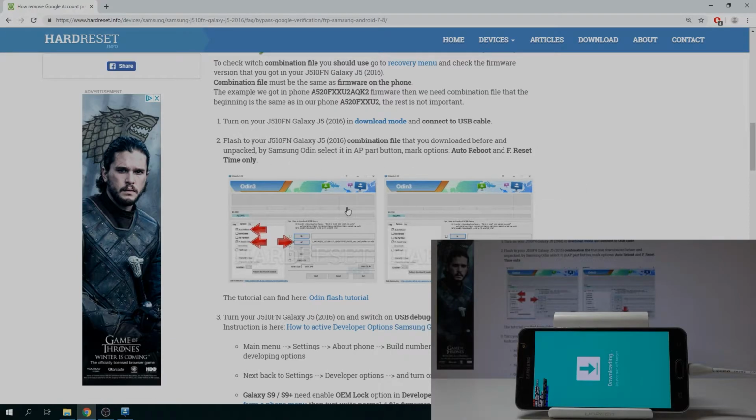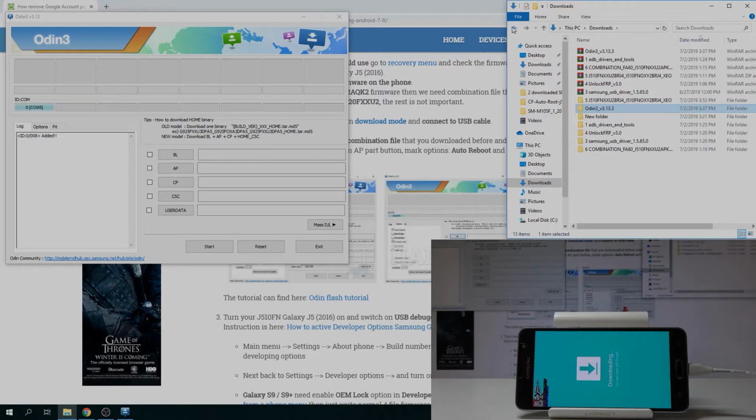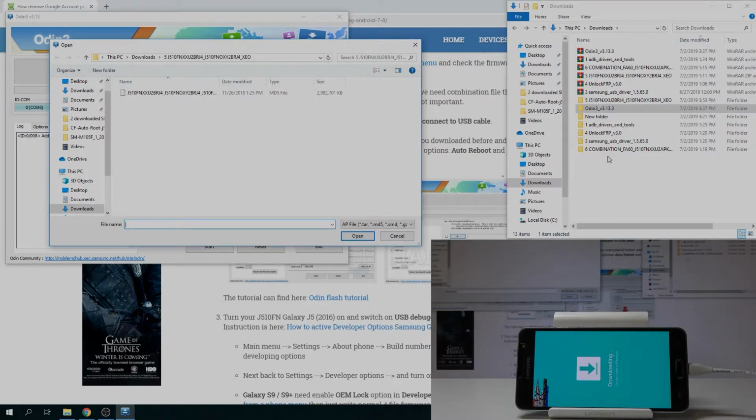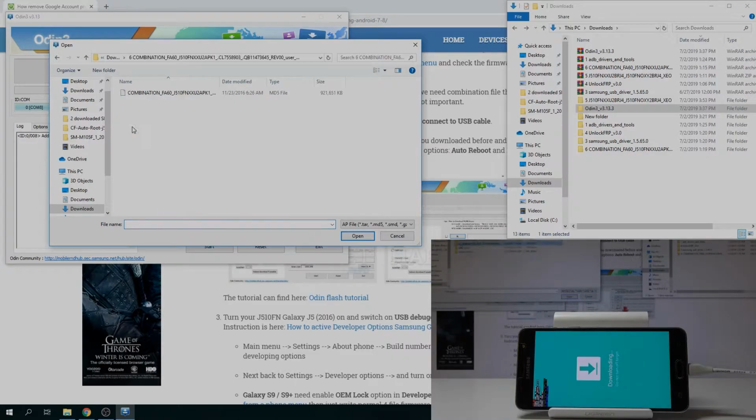And then moving on, what we want to do is, let's go back here, and now we want to upload to the AP section right here. Tap on the AP, and basically we want to add the combination firmware. So let's go back, and it's right here. For me, I already named it like number 6, added number coding for it, but it's basically the combination FA60. Double tap on it,